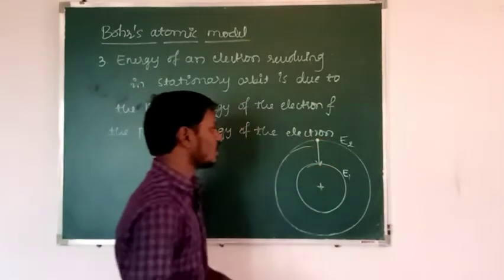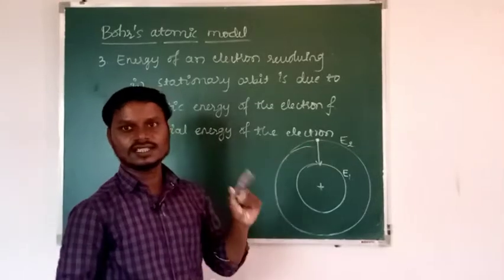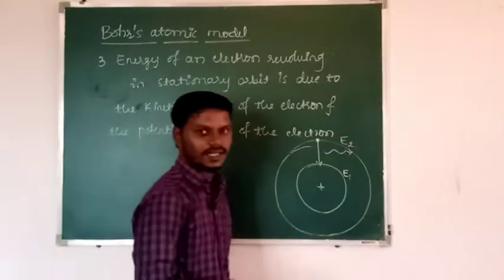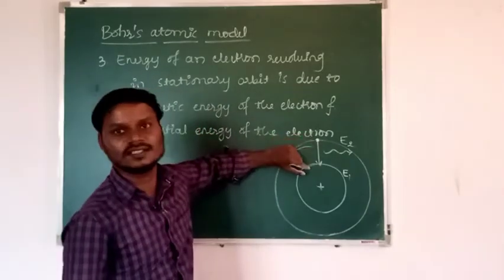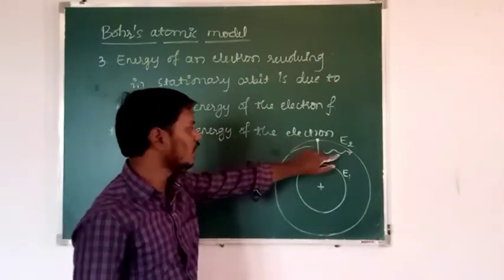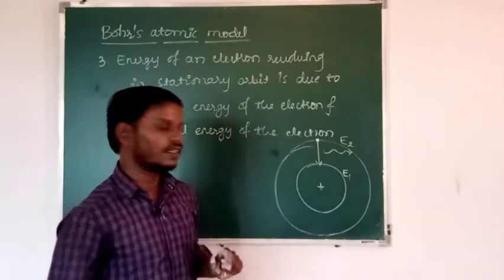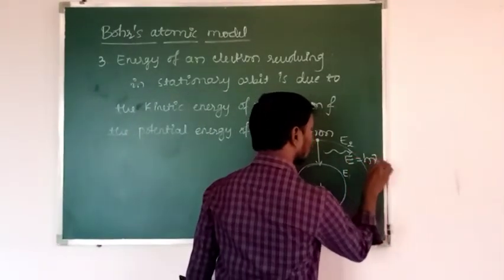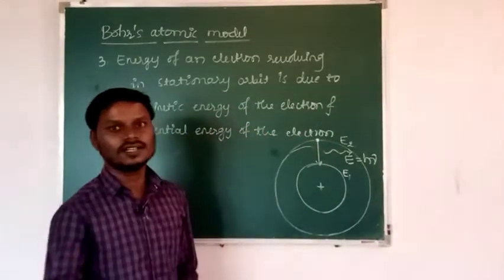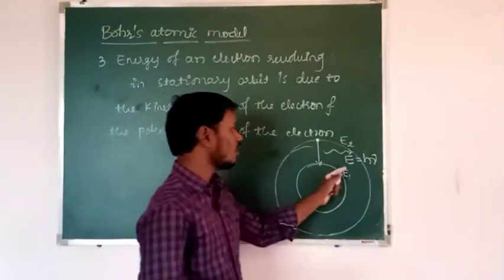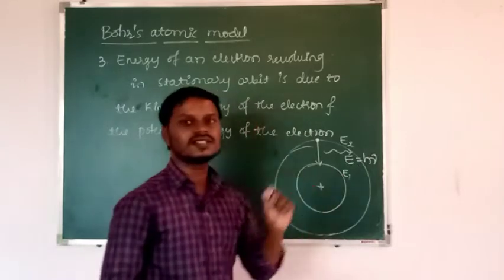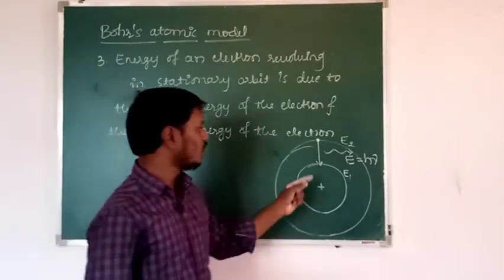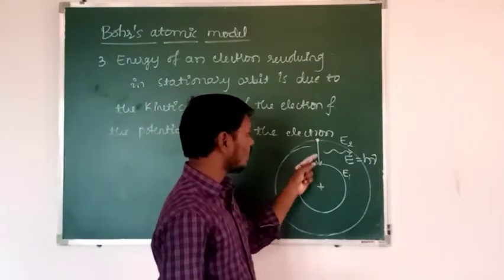So there is an electromagnetic radiation emitted in the form of energy. Okay, means here the energy is radiated, means energy is produced in the form of electromagnetic radiation, that is E is equal to h into nu. So it is the energy of the emitted electromagnetic radiation, that is E equal to h nu. Nu is nothing but the frequency of the emitted radiation, and this energy of emitted radiation is equal to